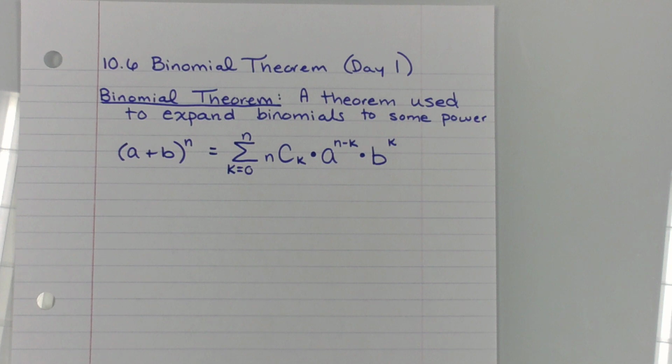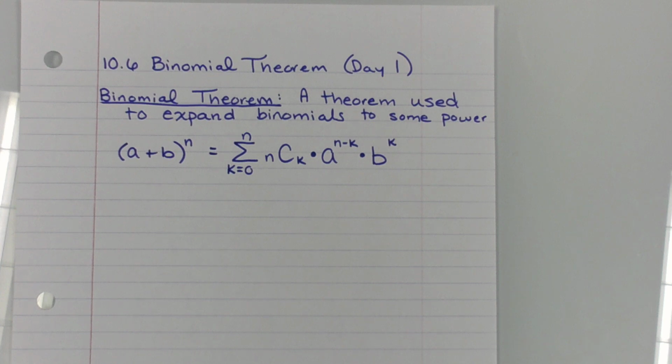That n is not a variable that changes. That n is always the exponent that the binomial was put to. The k, as you're working with the series, k changes. You plug in 0, you plug in 1, you plug in 2, you plug in 3, etc., until we get to n, indicating that the binomial theorem